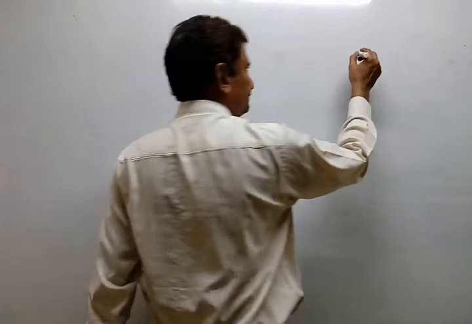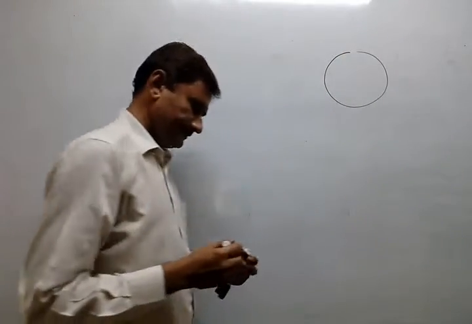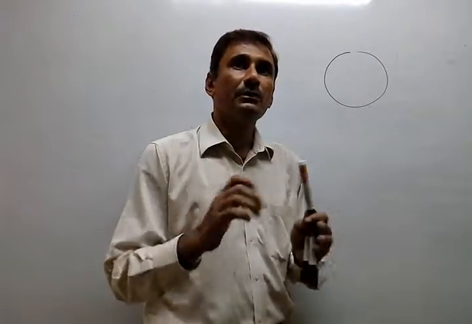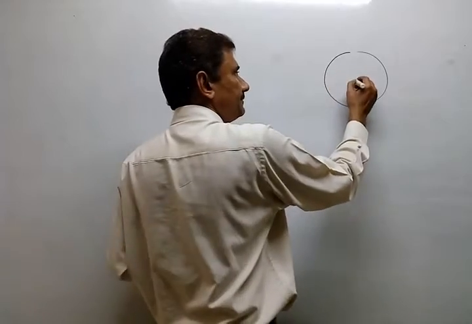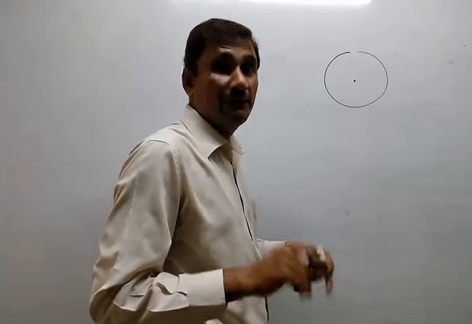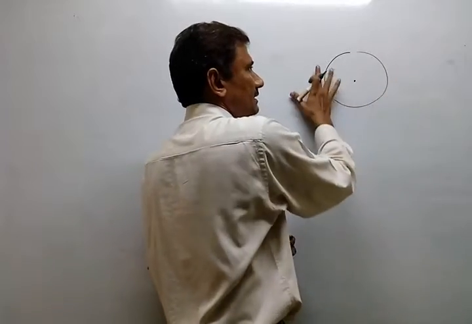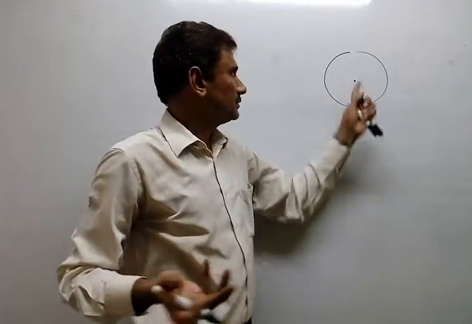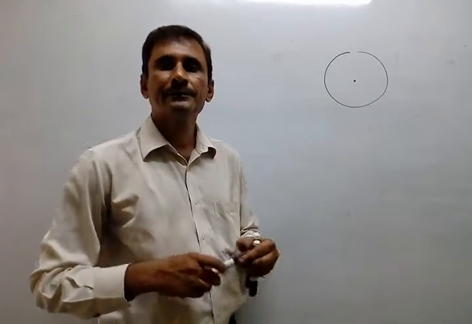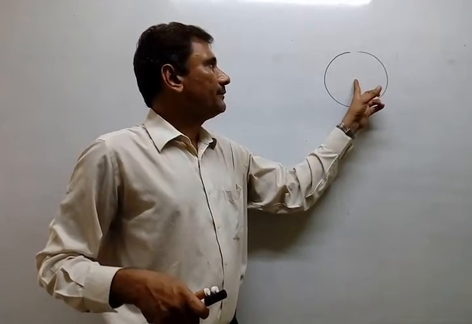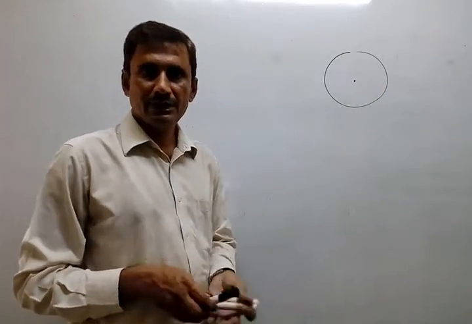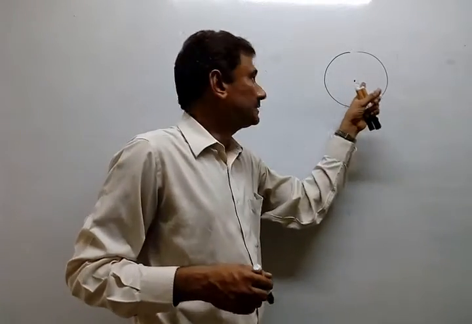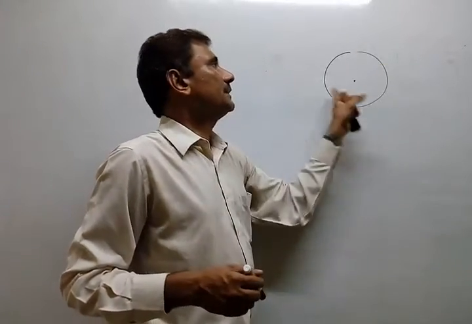First of all, circle you know. What is the circle? Circle is the set of points, because any line is made up of so many points. So a set of points in a plane. Why in a plane? Because that circle is in a plane, not outside of the plane. Otherwise it may become a sphere. So circle is a set of points in a plane, equidistant from a fixed point. Fixed point means you know center. So equidistant from center. So that is the definition of circle.